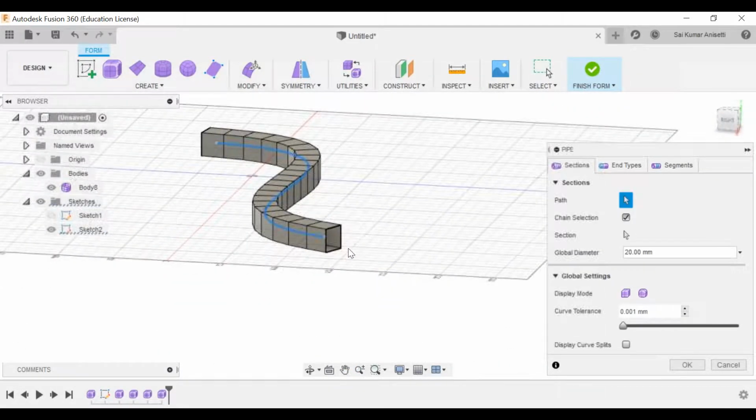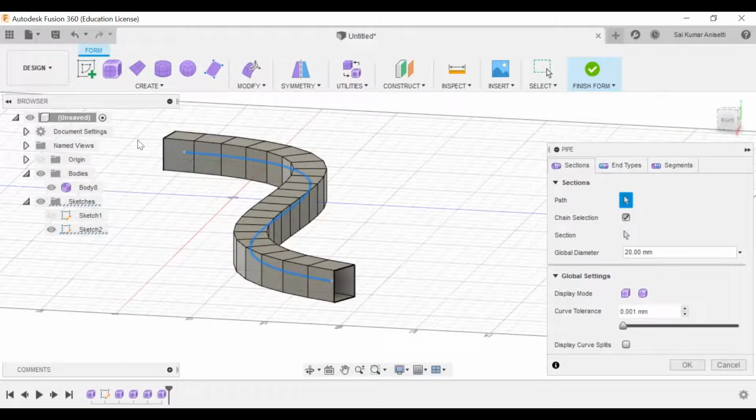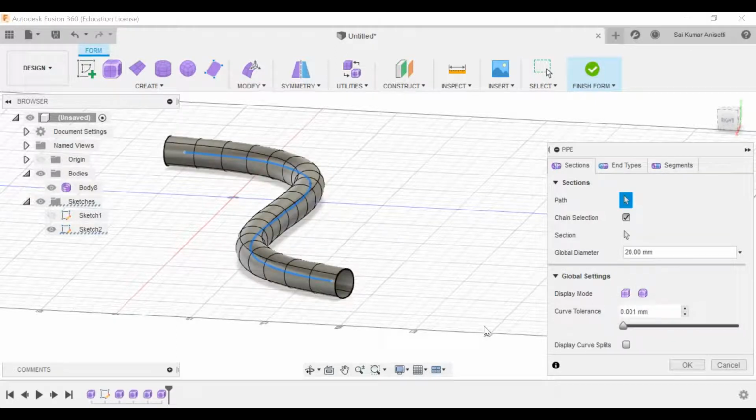I did not change any design. By default, I went to pipe and selected the spline, and it is coming in a square form, not in a smoother circular form, right? So what you have to do is display mode: box display, smooth display.